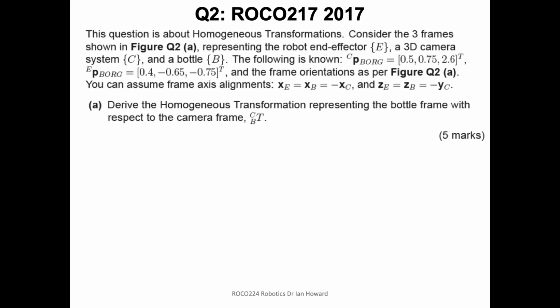So in order to derive the homogeneous transformation which represents the bottle frame in the camera frame, in other words the transformation B which takes us to C,